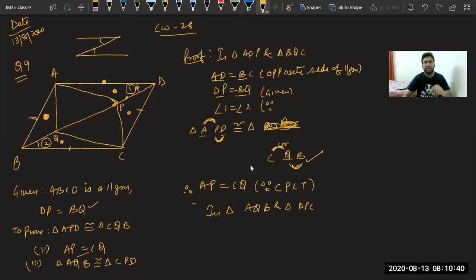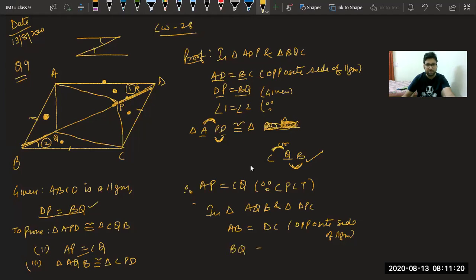Okay. So we can see the first thing is opposite sides are equal. We have got it. AB is equal to DC, opposite sides of parallelograms. What is the second thing, class? Second thing is AD. No, beta, why are you taking AD? Okay, AB you are saying. AB, beta, I have already done. Second thing is BQ, as per Utkarsh. BQ equal to PD. Again, it is given to us. We can say this BQ is equal to this DP given to us.